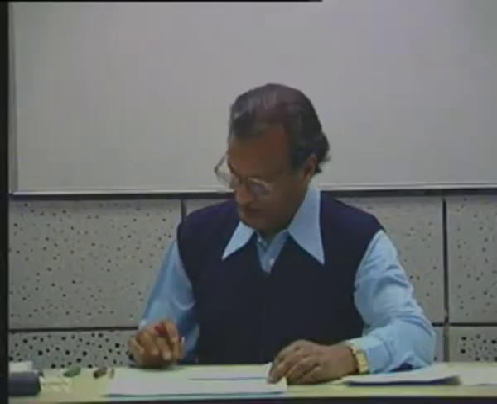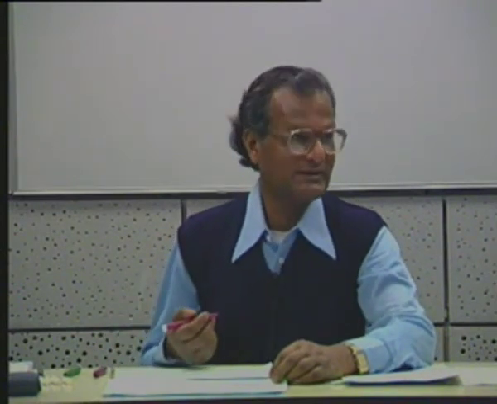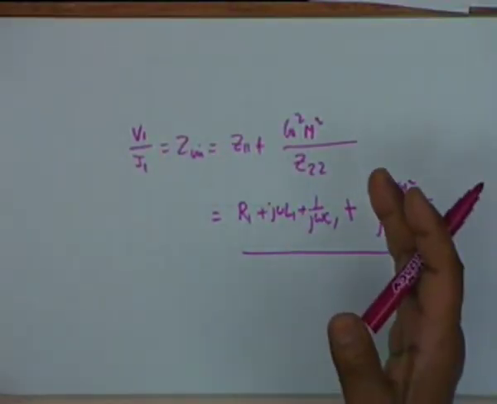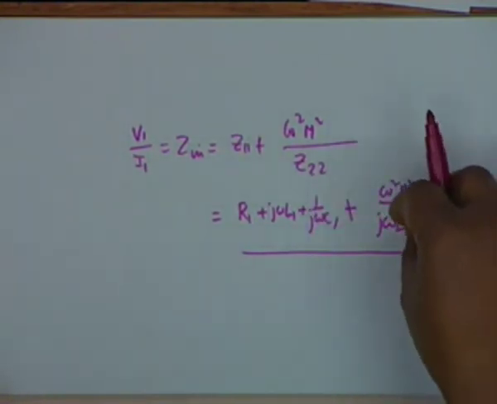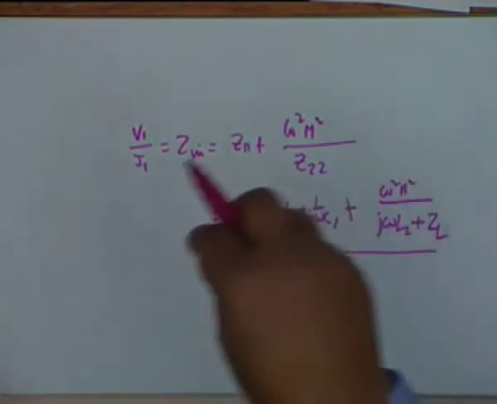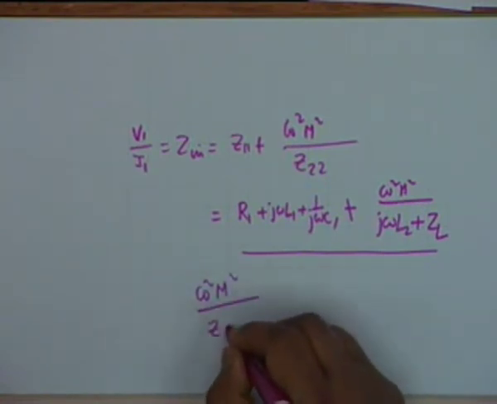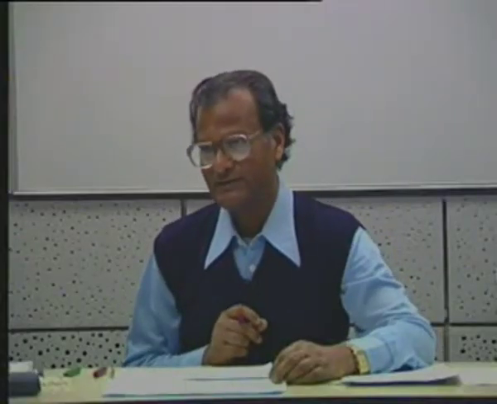Well, it is plus, but this is not resistive. It has a resistive component, a reactive component also, and one can work wonders with this reflection of impedance. You see, what is happening is the secondary impedance, the second coil impedance, is being reflected onto the first as an addition of term omega squared M squared by Z22, and this allows us to use the transformer as a matching device.